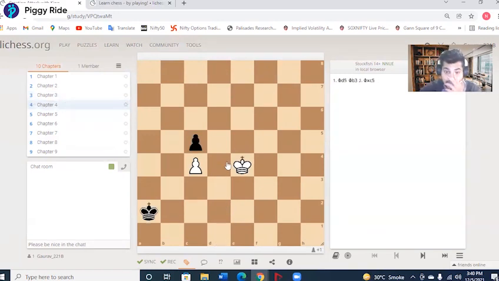So now again, you're playing as white. This is very simple. You just have to capture this pawn, and the move will be king to d5. Very simple again. Again, the easiest piece I would really say would be the king. The trickiest, the piece which will really bother your mind, would be the knight.